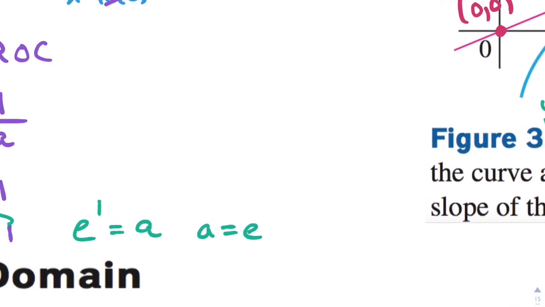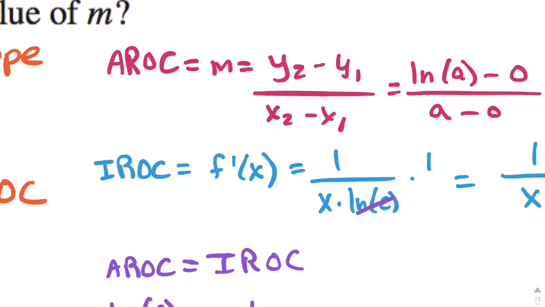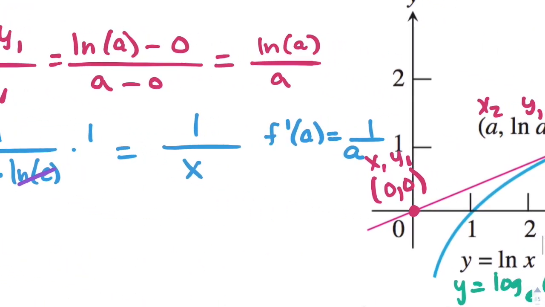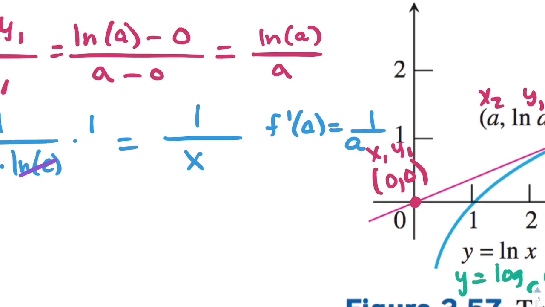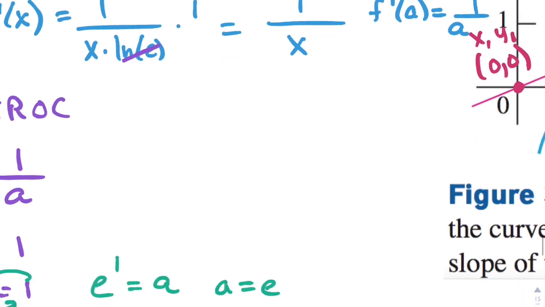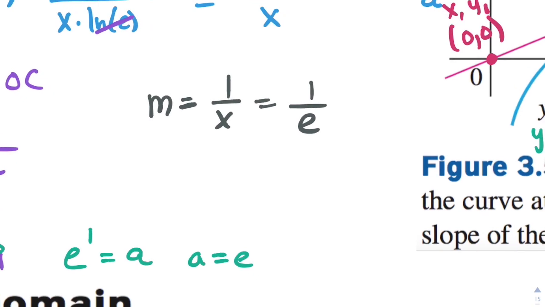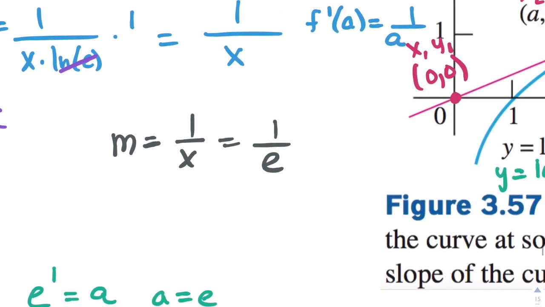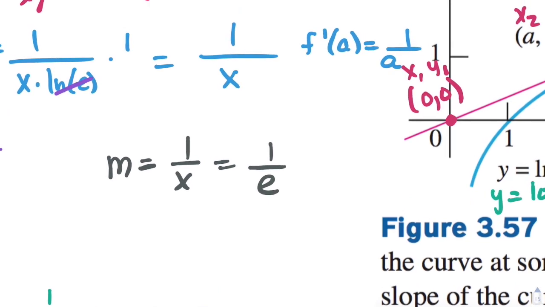But what's m? Well, m, we know, is my average rate of change, or my instantaneous. I can pick either one of these. For the number e, I'm going to say m is equal to 1 over x, which is 1 over e, because I know that the location a is e. Or I could say it's 1 over x or 1 over a. It doesn't matter. That location is e. So the slope is 1 over e